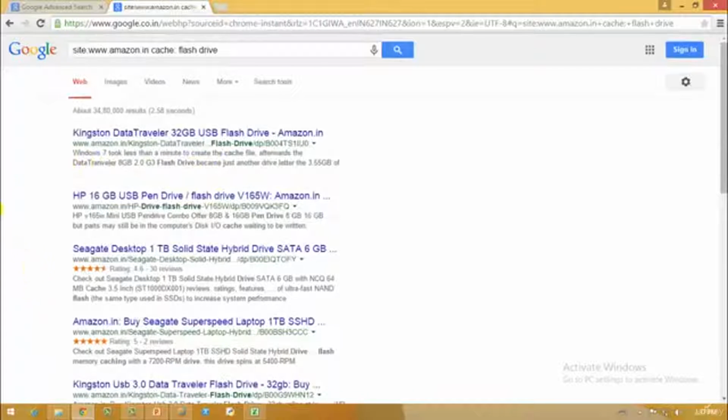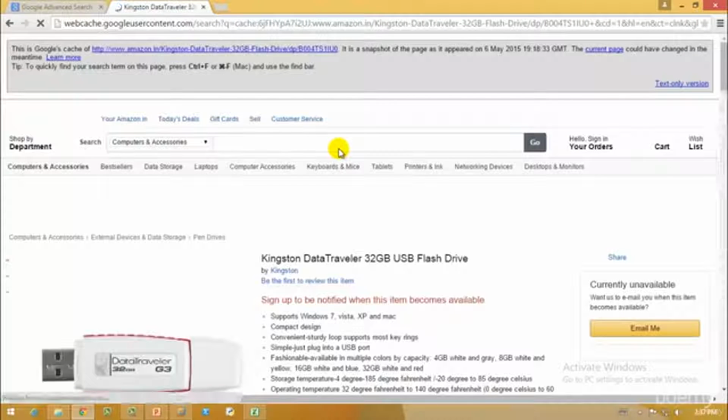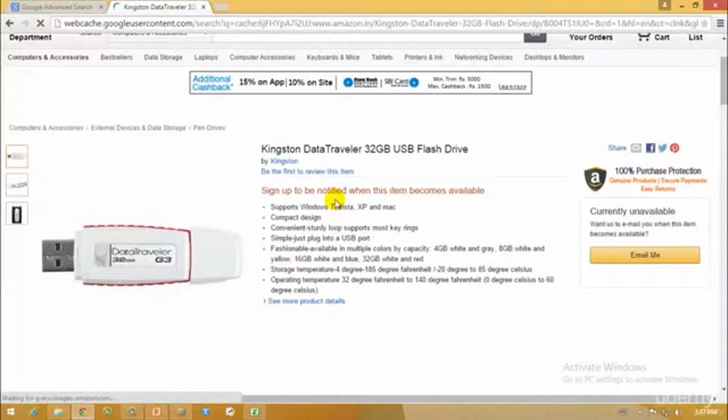As you can see, we have everything starting with the site Amazon, and we have the cached pages. If I check the cached web page, and if the Amazon website is not careful in keeping the cache memories, then what may happen, for example, is that Amazon has this 3G data traveler, let's say on the 30th of December, as any specific